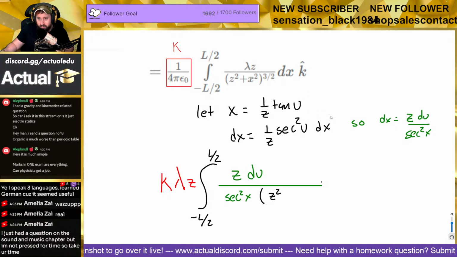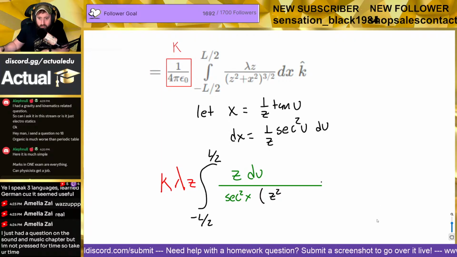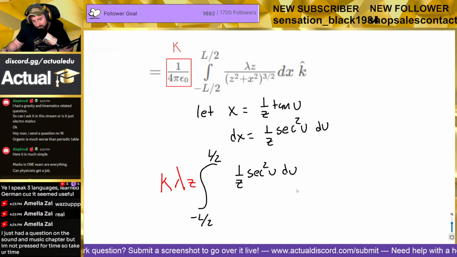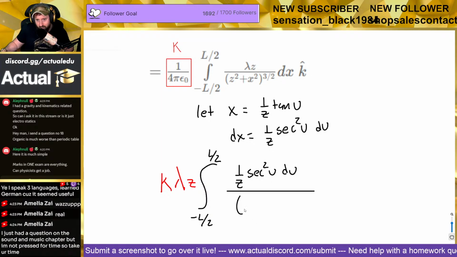Okay, cool. Let me just take like 10 minutes to fix this. Sorry, we don't need this. I screwed all this up. Okay. dx is 1 over z secant squared u du. And then this is all over z squared plus